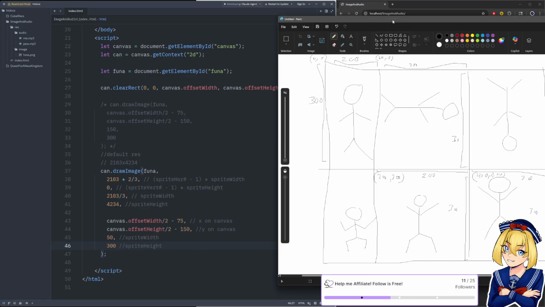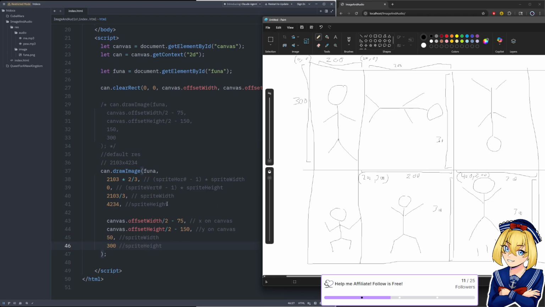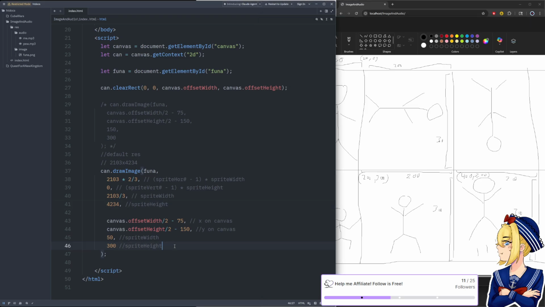So just to give you an algorithm that you can go off of, this is the sort of math you would use to traverse your sprites. You can make the desired sprite into a variable.